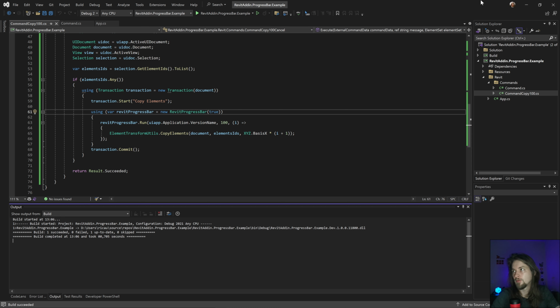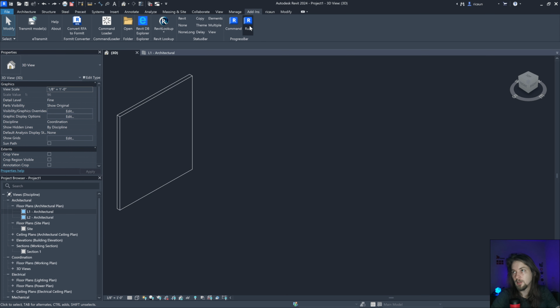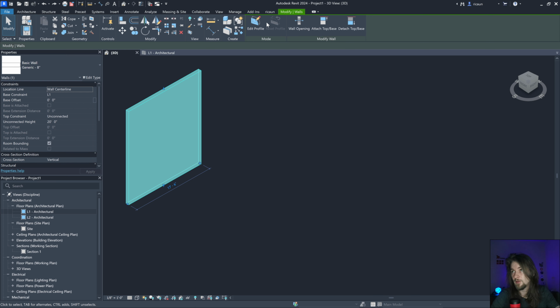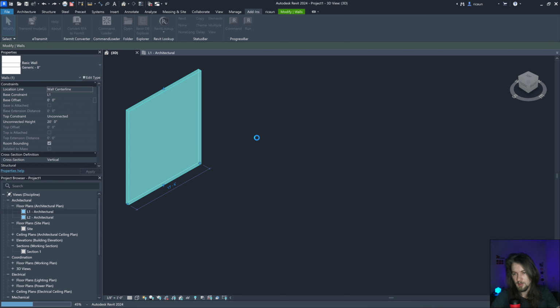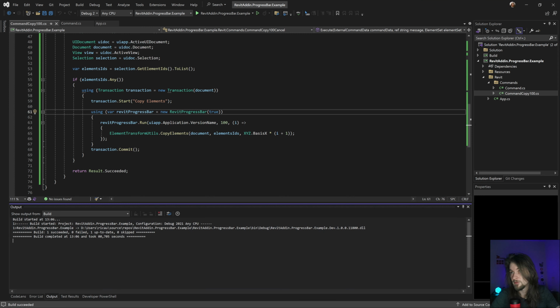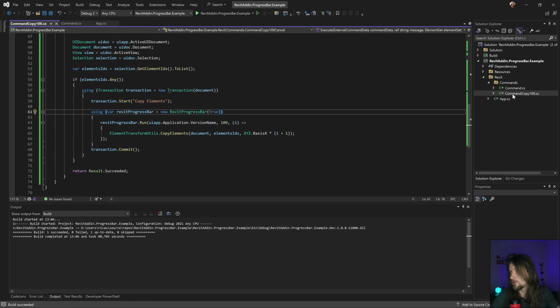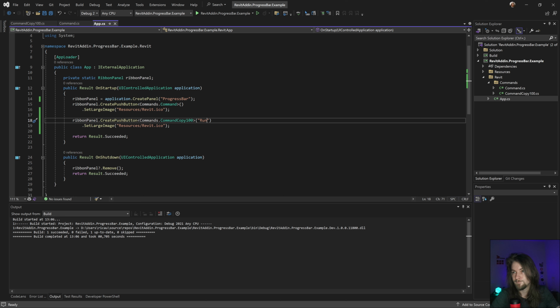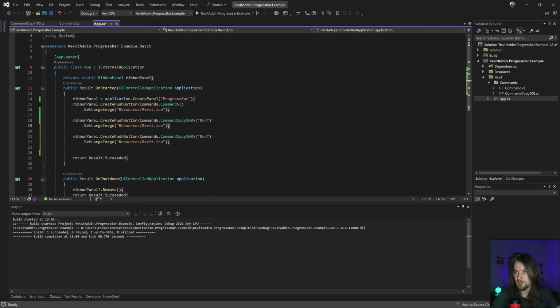Yes. So if I go back in my Revit, I can run this. I'm not selecting anything. Yes, makes sense. Wrong button, but yeah, this one works. And if I create a new button in here, let's change this to copy. And this to copy.